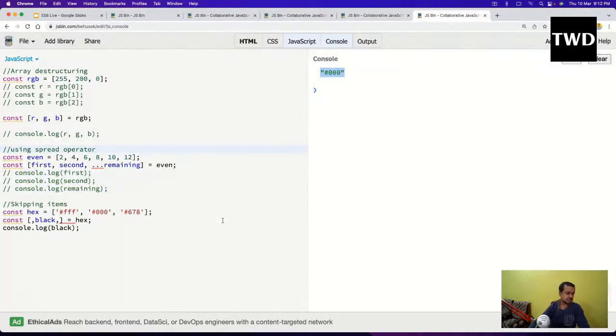So this is like this, 000 is coming. Similar to this, if I want something like white, and I don't want anything else, how do I do that? I can do const, first one is the value for white, then comma comma two times, empty kind of comma, equal to hex, and console.log of white. I'll do it like this and run it. See, FFF has been done. Okay, so yeah,